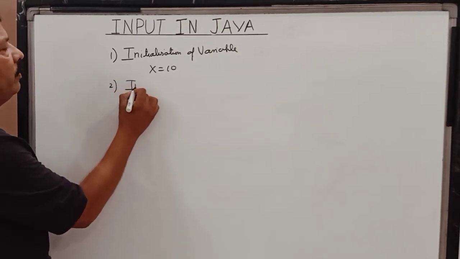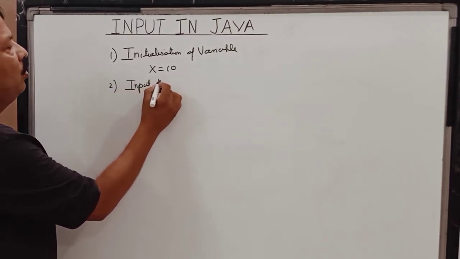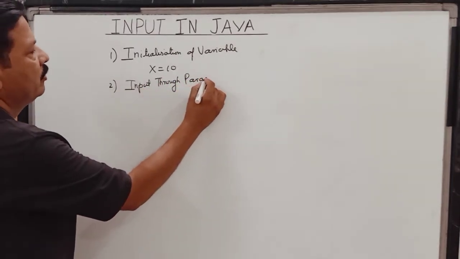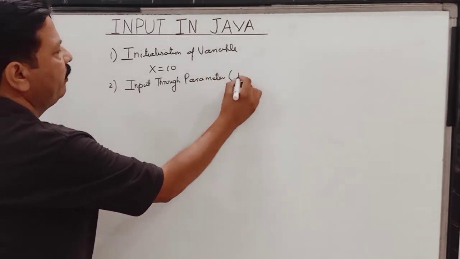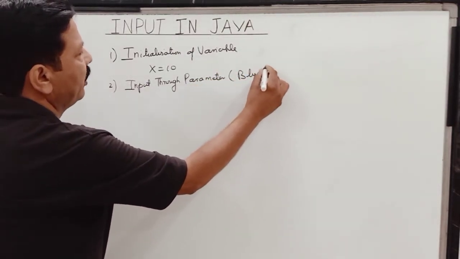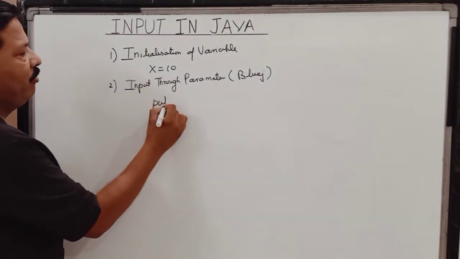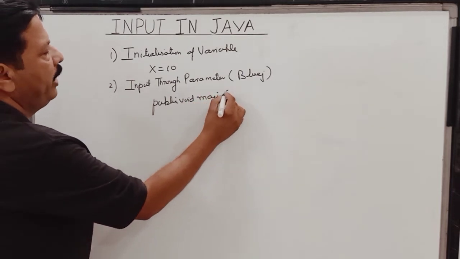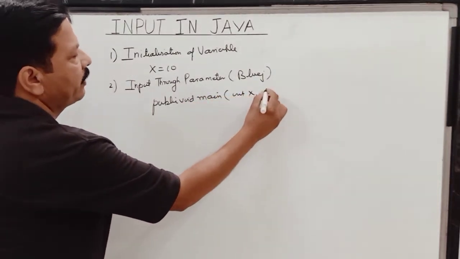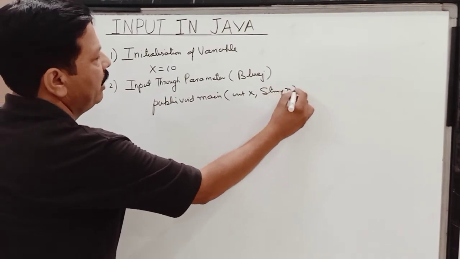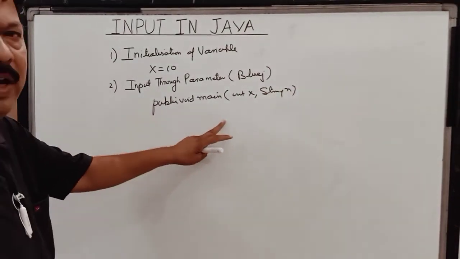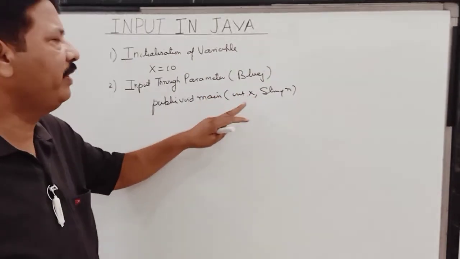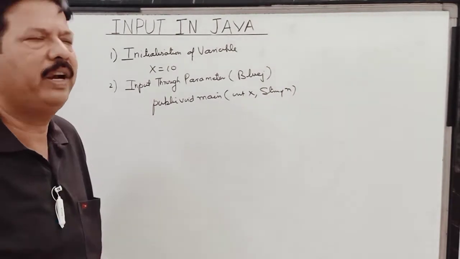So input, we can say input through parameter. And children, this method is only possible through BlueJ. Like for example, when I was inputting these few values in a program in public void main, say I said int x, I told you integer, and so this way also we were inputting value in a program, but this was only through BlueJ, and we'll see what this means exactly, how this value is getting stored.